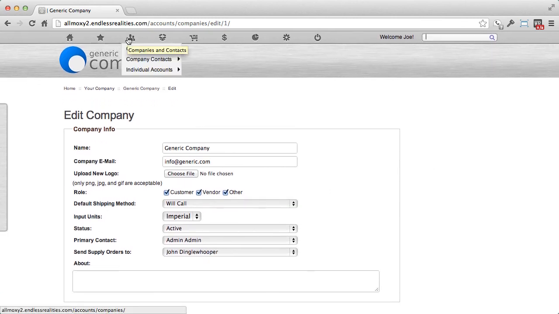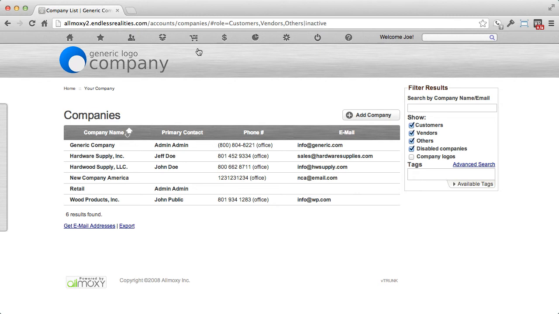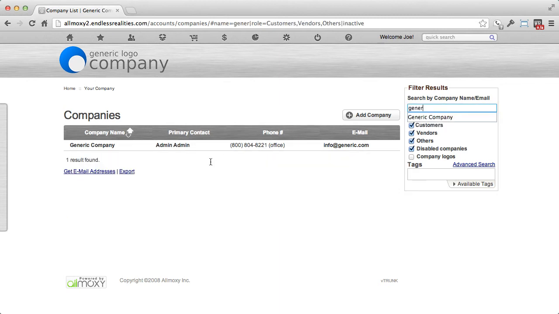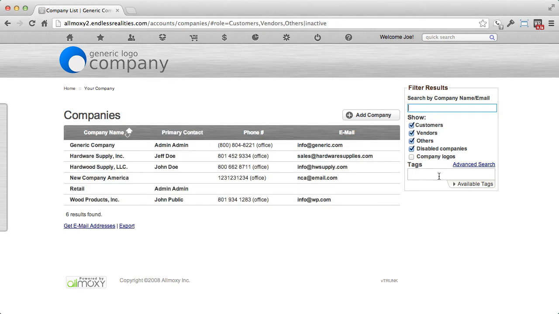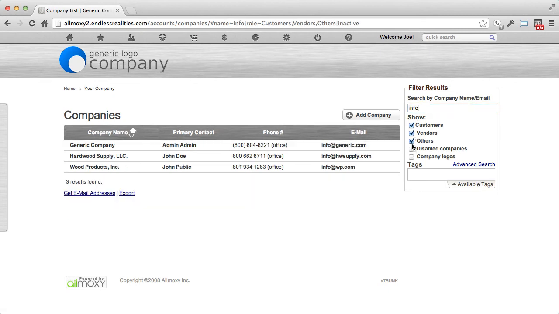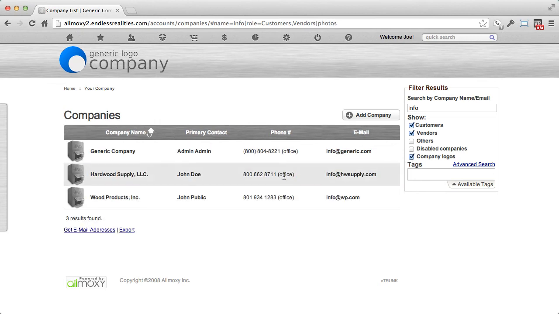If you go to view all companies, you're taken to the page that allows you to search and see a quick view of them. The main table allows you to filter your results using names, email addresses, type of entity, tags, etc. So I can start typing and it will whittle my results down to anything that contains this. I can also use tags, of which there are none yet, email addresses, entity types, and I can show or disable the logos. You can also click on the column header to sort,